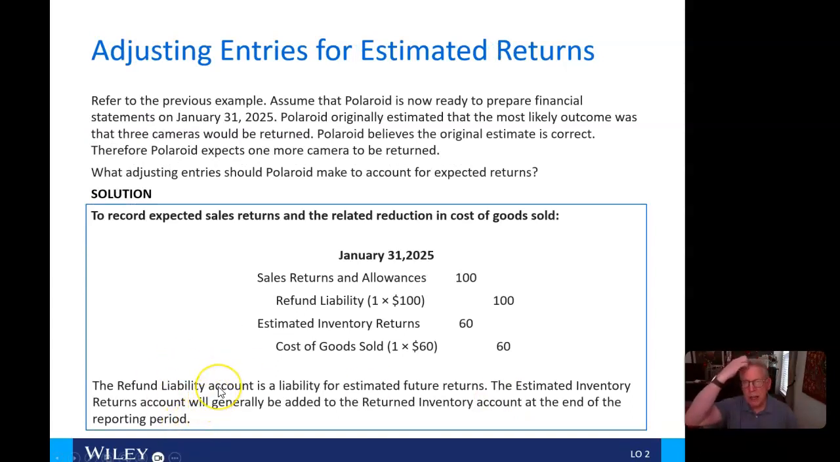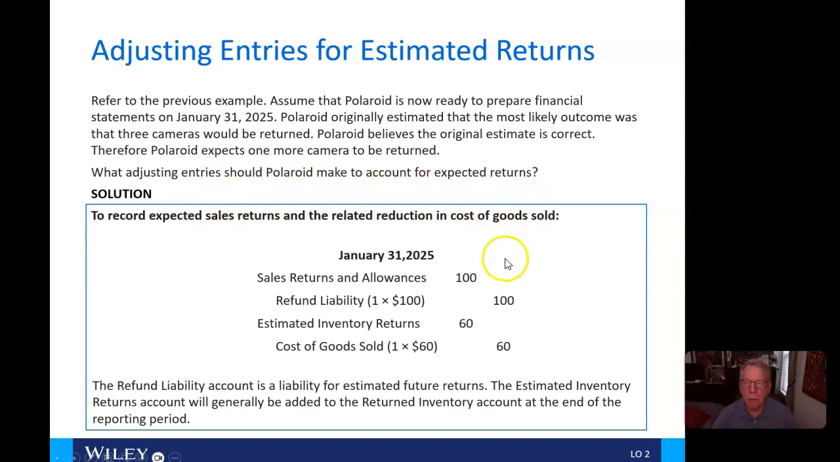So the adjusting entries for estimated returns. If we look back at what we just did in the previous slide, we're going to assume that Polaroid is now ready to prepare financial statements at the end of January. Polaroid originally estimated that the most likely outcome was that 3 cameras would be returned, but Polaroid believes the original estimate is correct. Therefore, they expect 1 more camera to be returned. What adjusting entries should Polaroid make to account for that